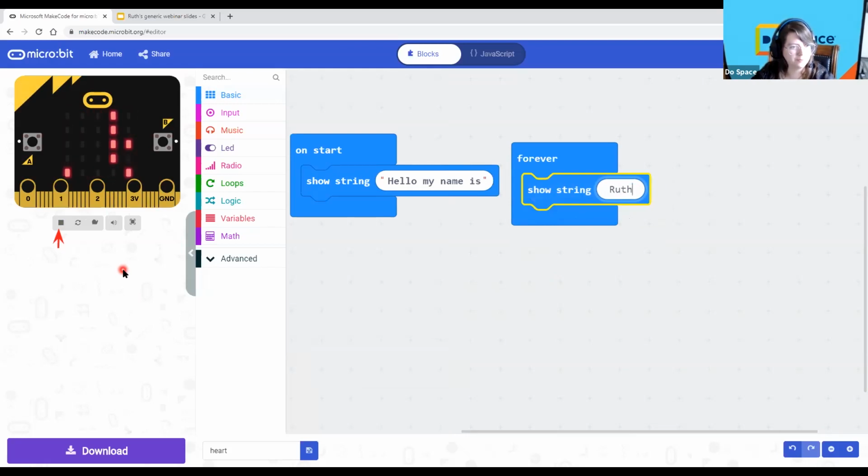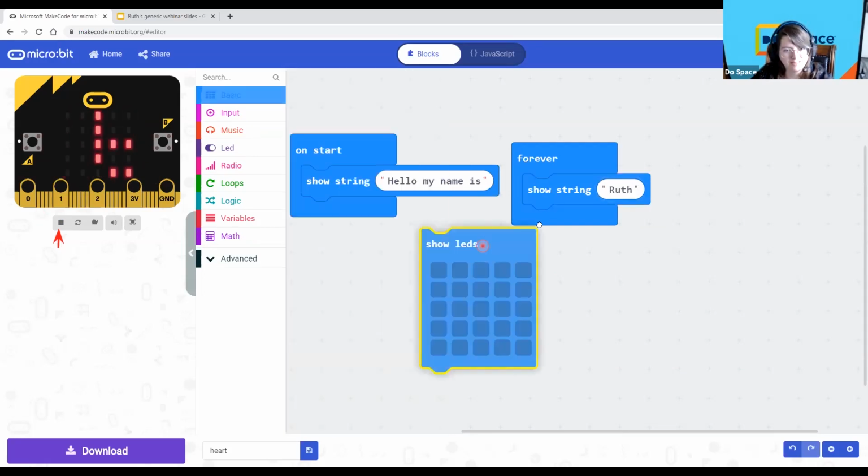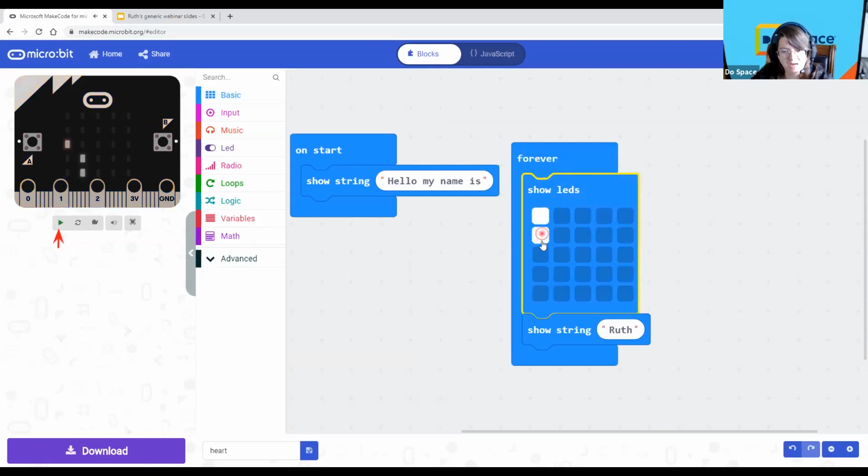Yep, there's my name, Ruth. And yeah, it just repeats Ruth over and over again. Now, that's not the best thing ever for a name tag, to be honest, because it should show the whole name the whole time. So what I could do is take LEDs and try to type my whole name in there, but